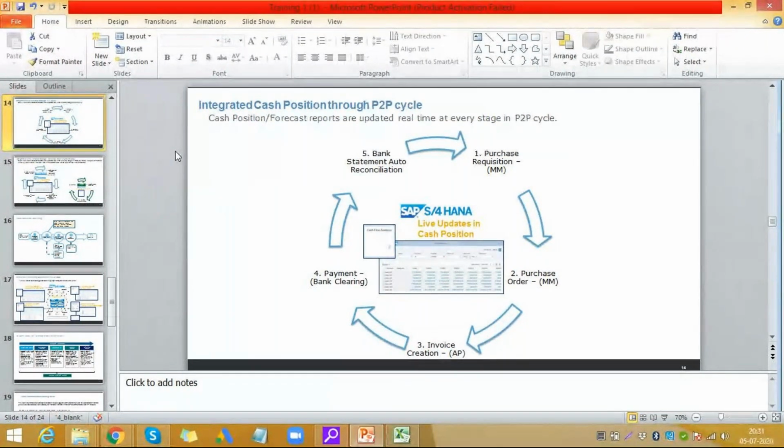Now, house bank and account ID, if you don't assign in the invoice, then SAP cannot understand which bank account it is. It will still show the cash position for that receivable and payables, but it will not show it under any bank account. It will just show that it is within this entity, but it doesn't know the bank account. As soon as you create or update the house bank and account ID, it shows under the bank account. So bank account is needed if you want to check under a particular bank account, but otherwise, even without bank account, it will still show you the data within the entity company code.